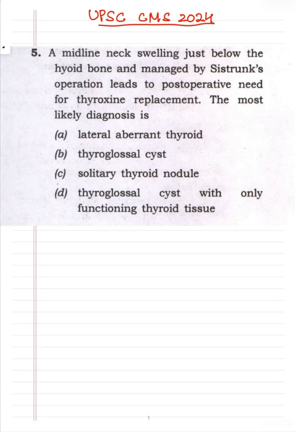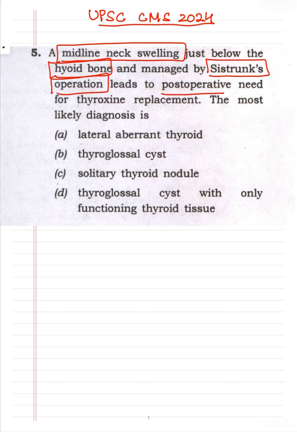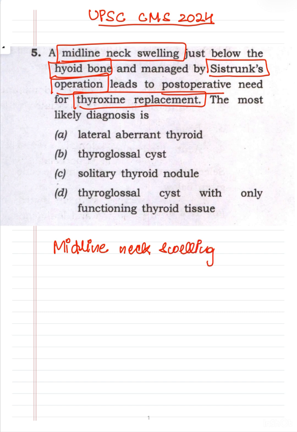So in this question, there is a midline neck swelling just below the hyoid bone, managed by the Sistrunk operation, which leads to a post-operative need for thyroxine replacement. So the most likely diagnosis is... the clinical clues are: we have a midline neck swelling, just below the hyoid, and it is managed by the Sistrunk operation,